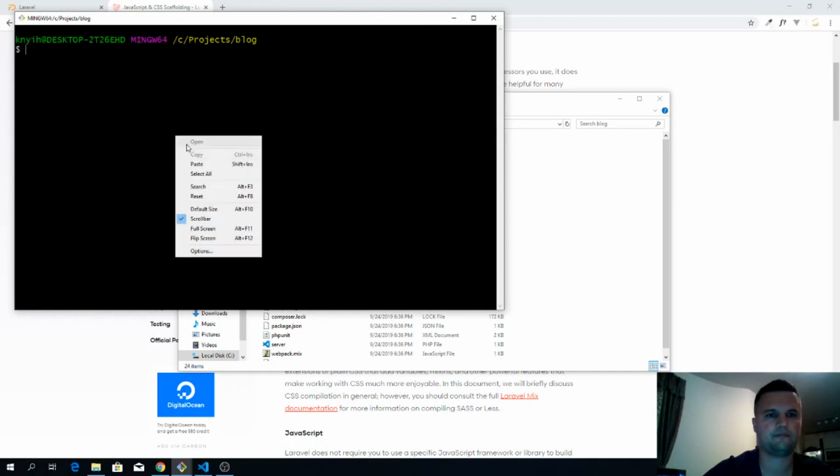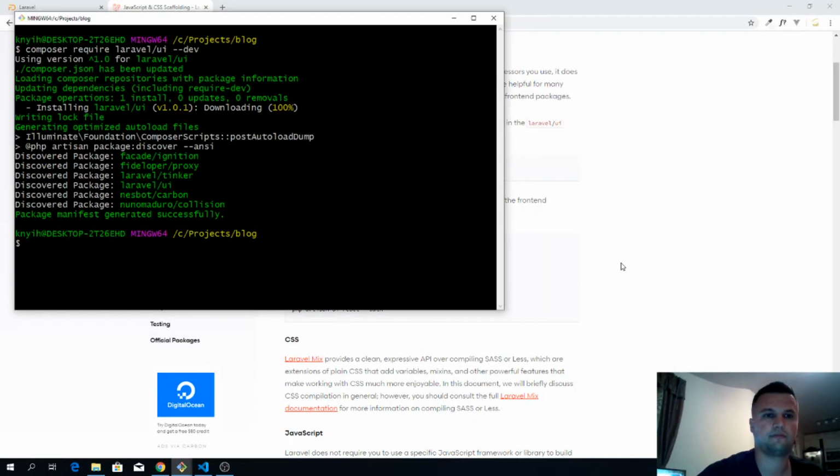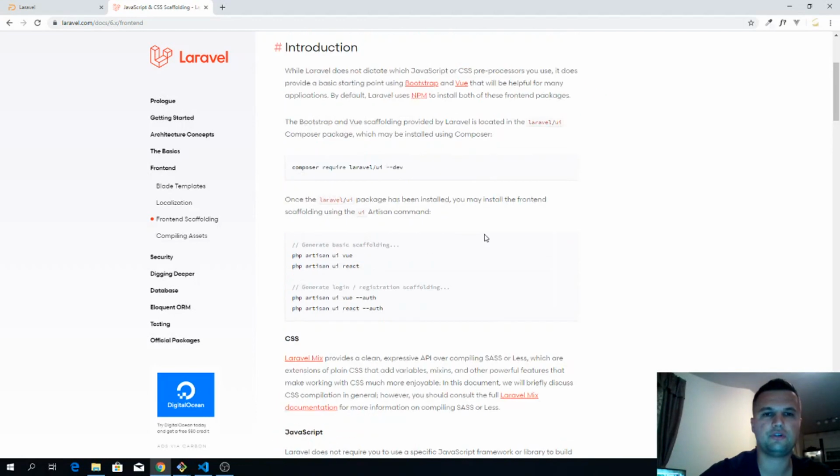Let's make it bigger. Paste it, press enter. We need to wait a couple of seconds. It's gonna be installed into our application. And then, okay, as you can see, it's all done. The Laravel UI package is pulled into our application,